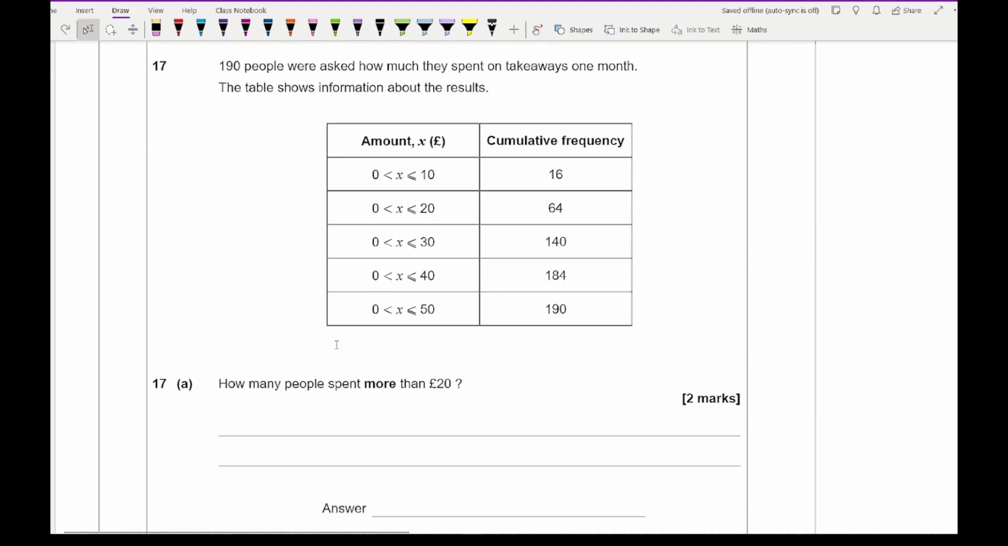Then moving on to question 17, it says 190 people were asked how much they spent on takeaways in 1 month. The table shows information about the results, and for 17a it says how many people spent more than £20. Well, how many spent less than £24 is going to be 64. So to work out how many spent more than £20, it's going to be 190 minus 64, which gives me an answer of